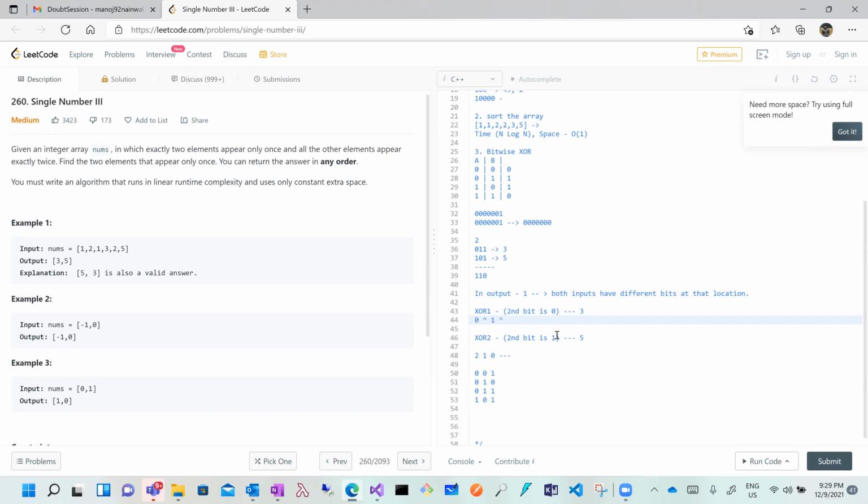Again for 1 it comes here. For 2 we have 0 1 0, so this second bit is 1, so it will come here.